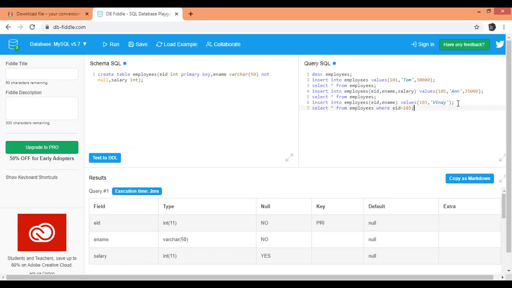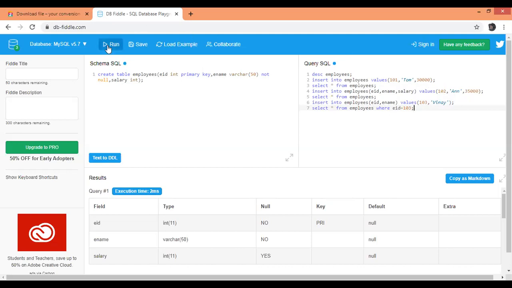I'm making use of the where clause. Earlier when I wrote only select star from employees, all the data present in the table used to be listed. But this time I'm using the where clause, so I want the data of only EID 103.